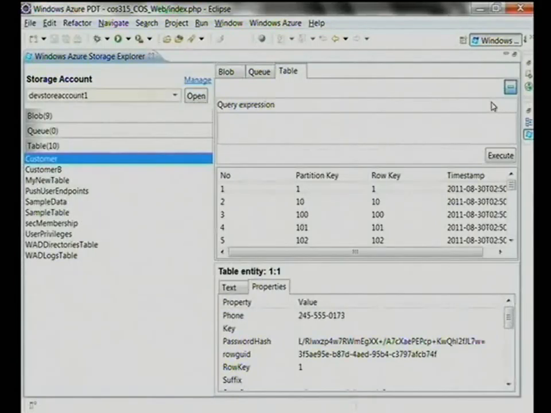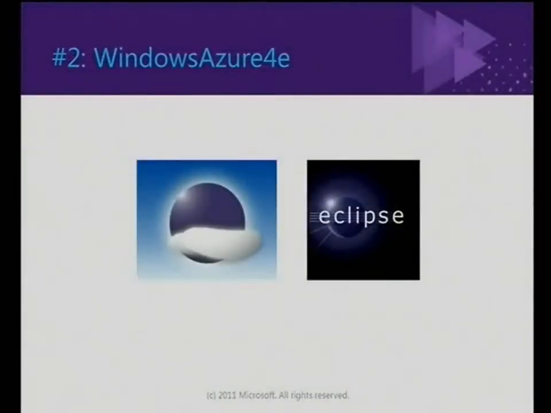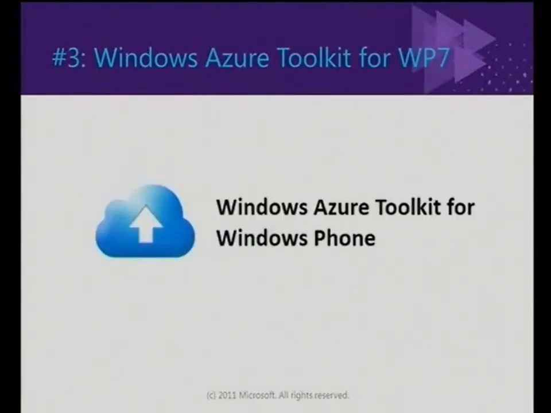So switching back to my slide deck. Now we've covered PHP, I guess, and Java. I also want to talk about Windows Phone 7. If you think about it, mobile phones have actually changed the way a lot of applications are written.